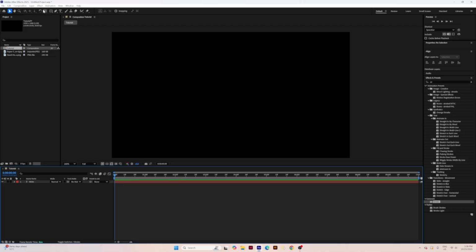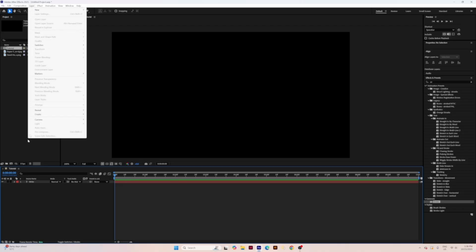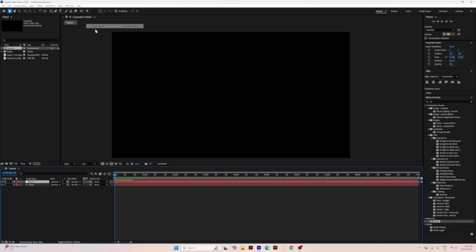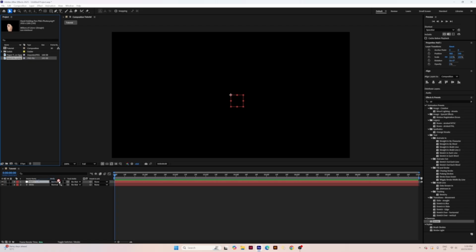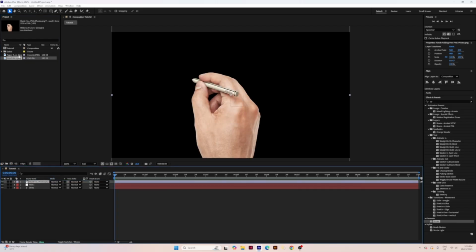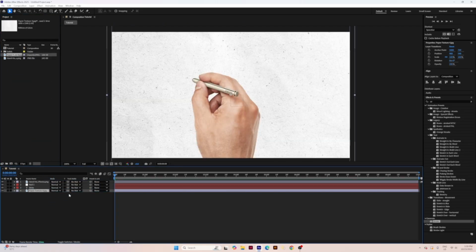Let's just go to the layer, then click new, then let's add a null object. And now once you have the null object, make sure to start... So then let's drag the hand right here and the paper texture right here like this. Now as you can see,